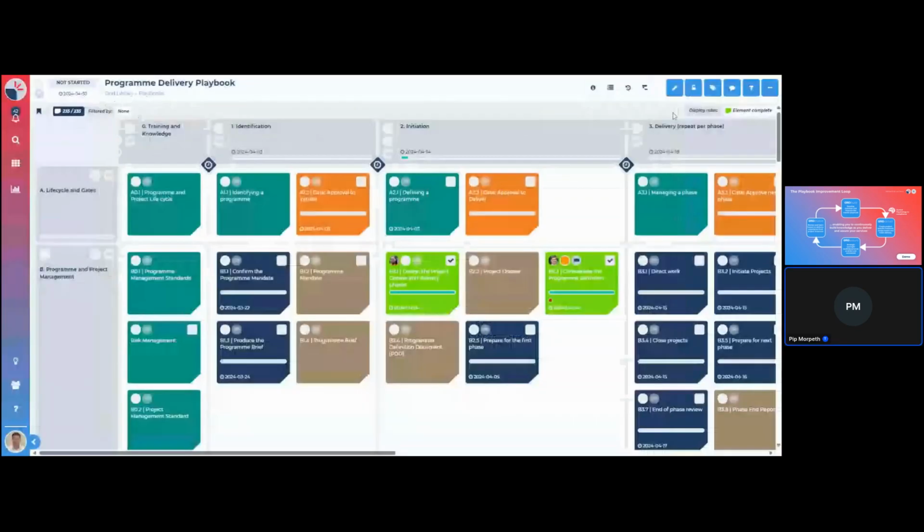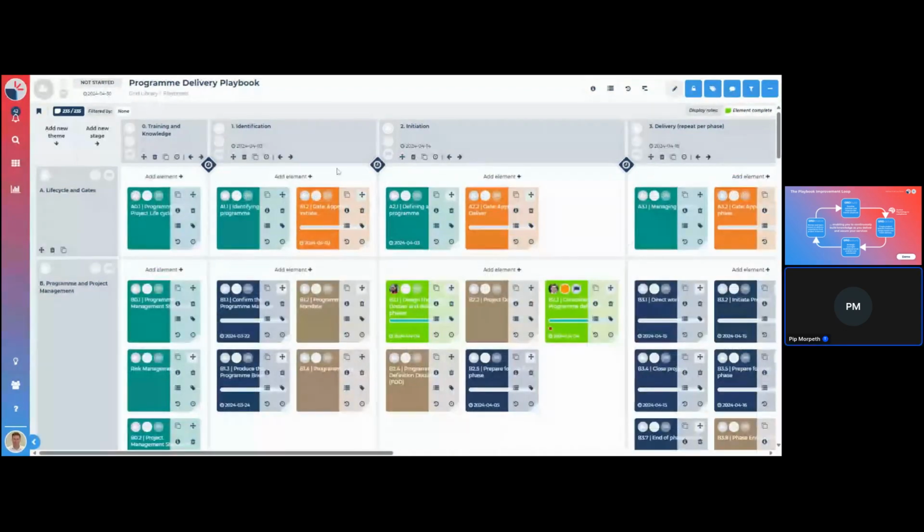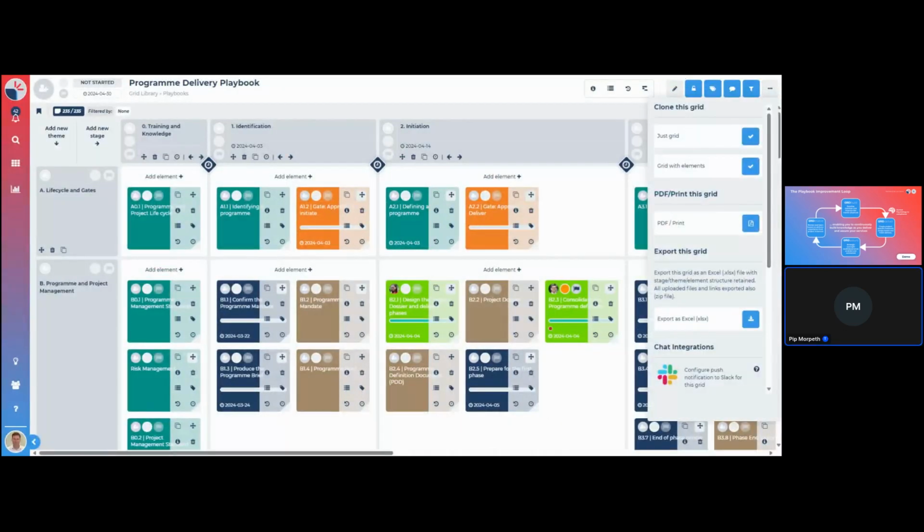So that's really the simple construct of a playbook, the building elements and basically building a playbook that you can design. Now, when it comes to designing a playbook, if I just click on this pencil, this gives me the edit rights. Now, if I want, I can click here, and this is my own project, and I want a new project, and I'll click here, and it will clone me an exact copy of this playbook that I can then use and tailor for a particular program or